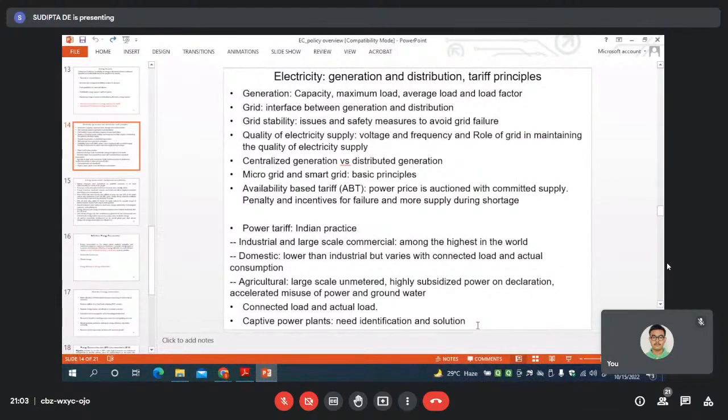A coal-based power plant or gas-based power plant or oil-based power plant cannot have a capacity below a certain value, because you will not have the equipment. A 1 kilowatt thermal power plant is not available in the market. Nobody manufactures it because it has a low efficiency and there is no market for manufacturing those things. On the other hand, currently the renewable energy introduction is causing a lot of change in the scenario, because many people